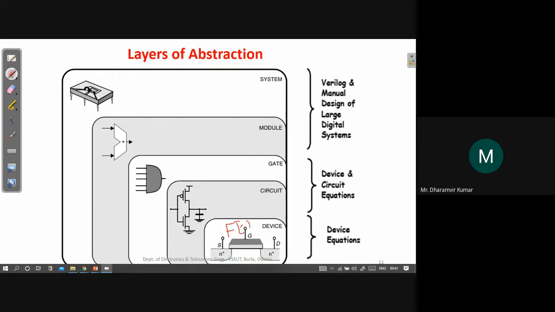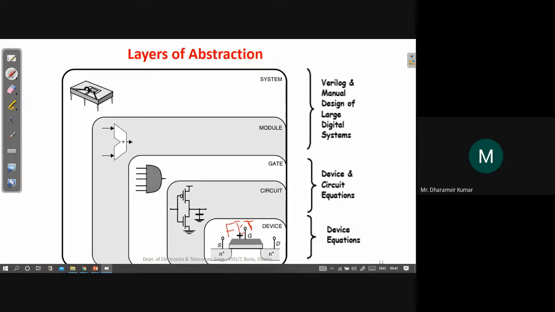We call the transistor a device in VLSI. All these big complex things are formed with the help of some devices, some components, and the main component that we use in VLSI is the MOSFET.